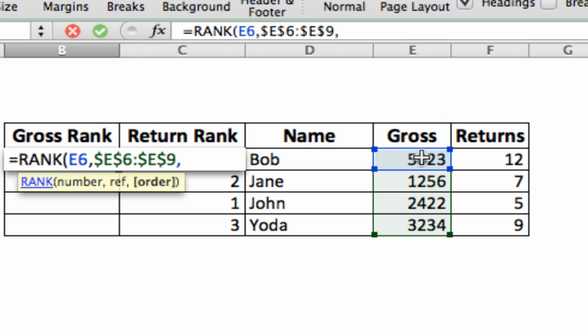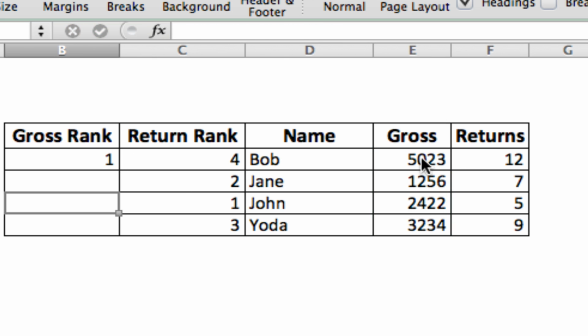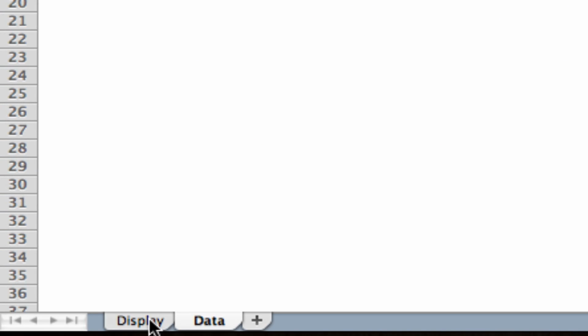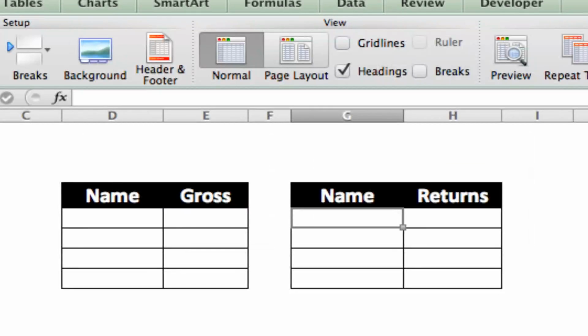Now, like I said before, you can put a comma and then put 0, and that will tell Excel that you want it to be in descending order. Or you can just close your parentheses, and Excel will recognize that it needs to be in descending order. So our rank system is all set up. You can see that now Bob is associated with number 4 on the return rank and number 1 on the gross rank. So we'll flip over to our display,